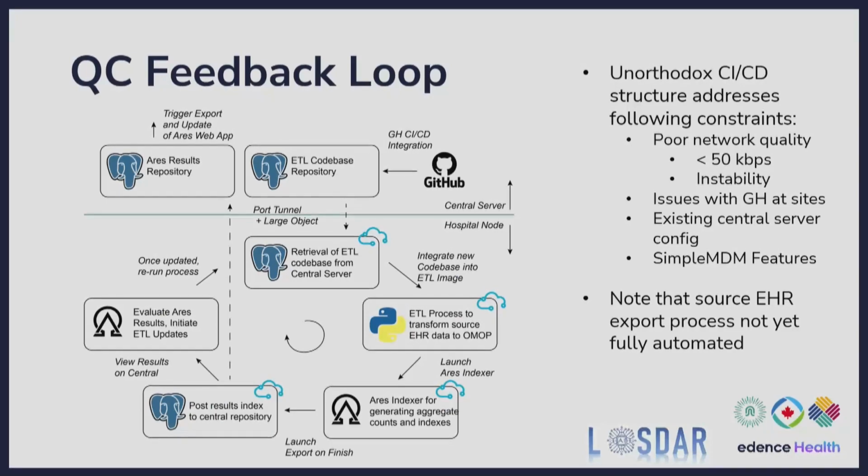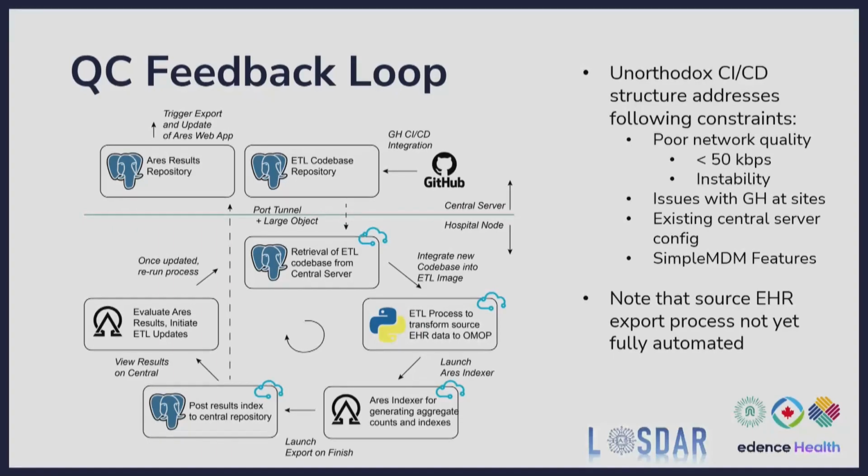Last slide here. The actual quality feedback loop: we have our ETL that we execute on each of the Mac minis. That ETL we can deploy using a simple MDM framework, a mobile device management thing where we can execute shell scripts. And then that ETL produces, of course, an OMOP output, which we can run Ares Indexer and our quality checks on. Those Ares Indexer results get posted back to this central location hosted by the Ministry of Health,